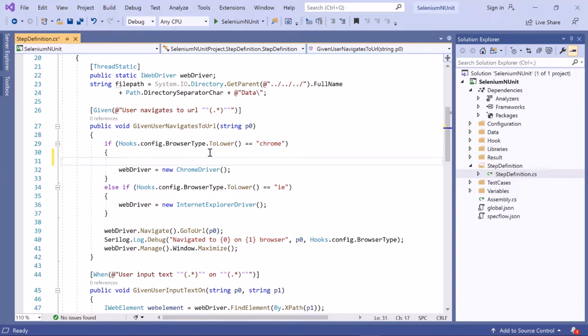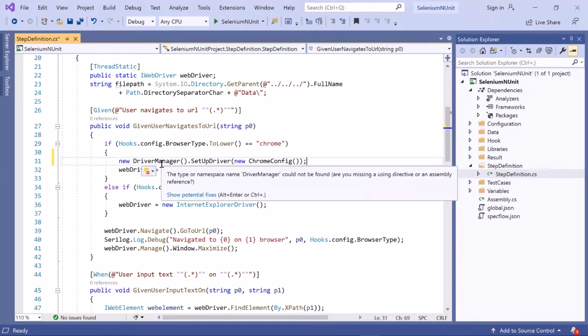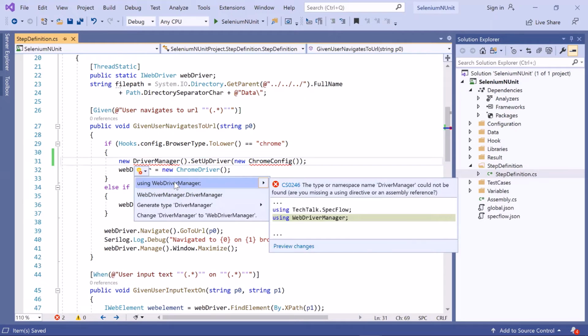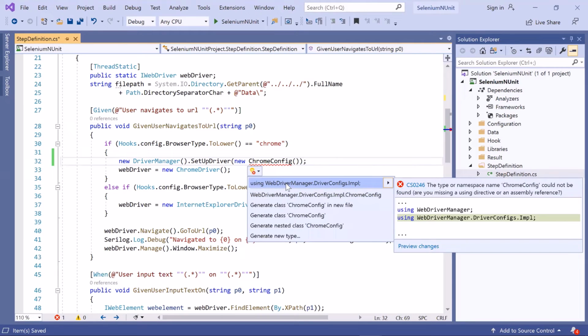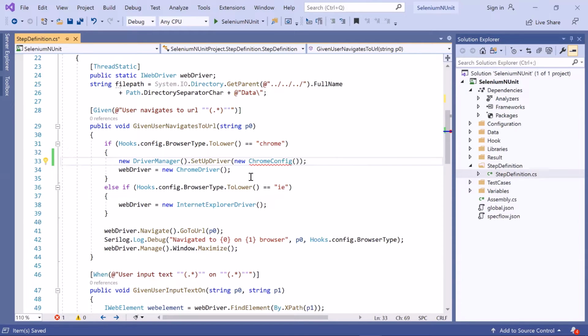So we'll set up the driver binaries inside the same if block. Paste the code over here. And then use the WebDriver Manager package for driver manager and Chrome config method. So this line of code will check the latest version of the WebDriver binary file and then download it if not already present in the system.